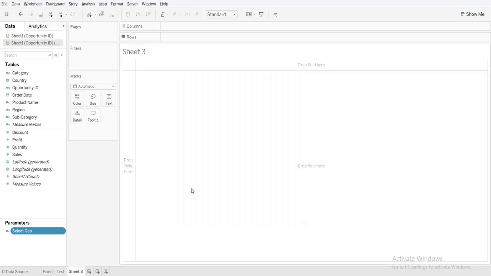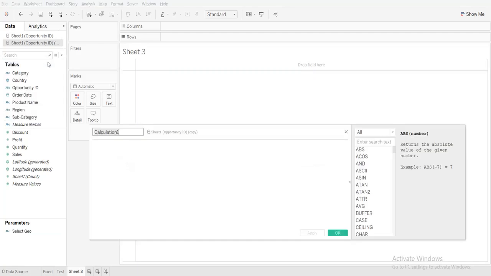Next I'm going to create one more calculated field called region/country. I'm using a case function here.